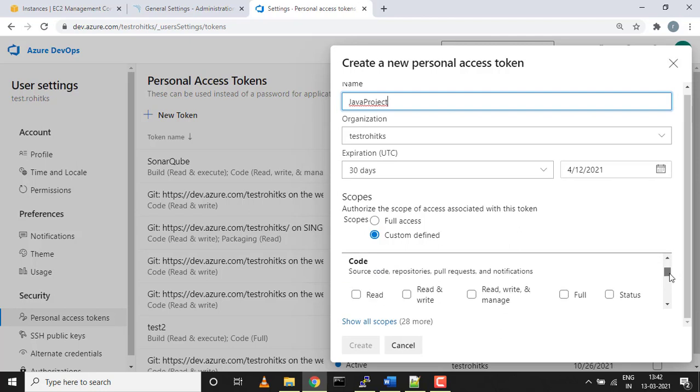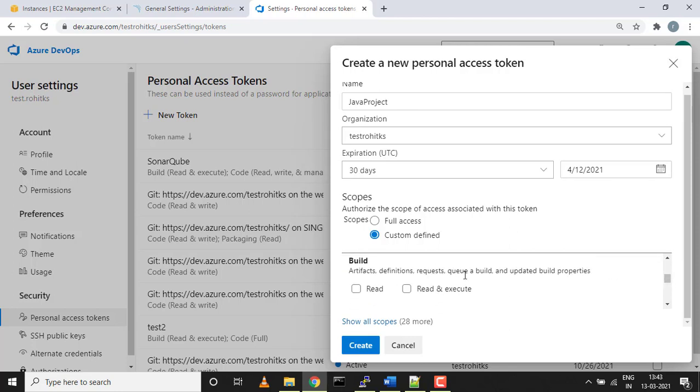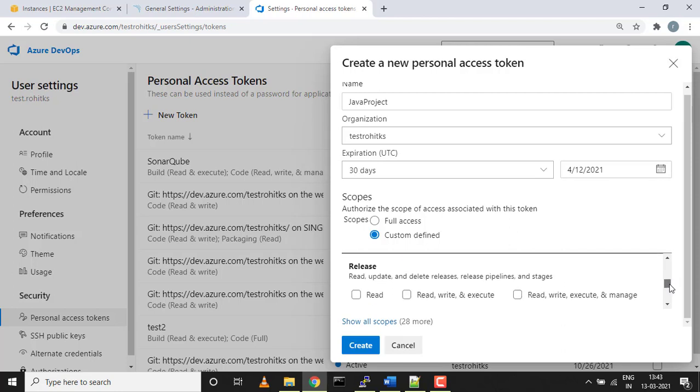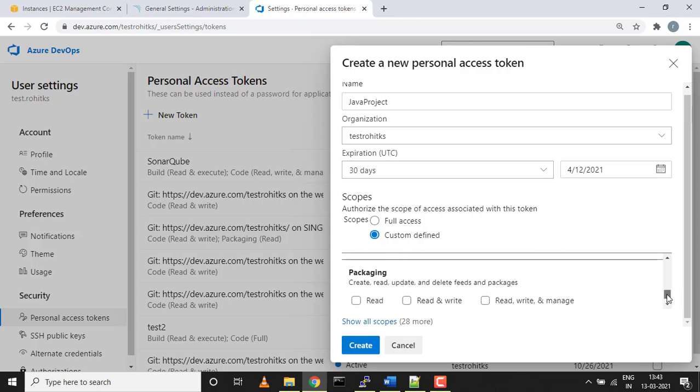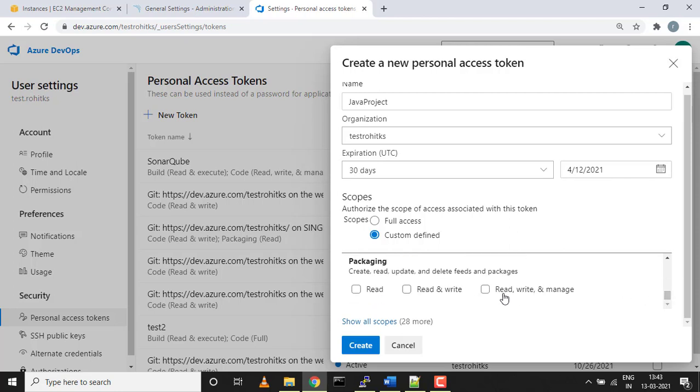Code access, just give full. Build access, yes, we need read and execute. Release is not required. Test management, yes, let's give that too. Packaging, let's give read, write and manage. I'll just create it; you can give full access too.